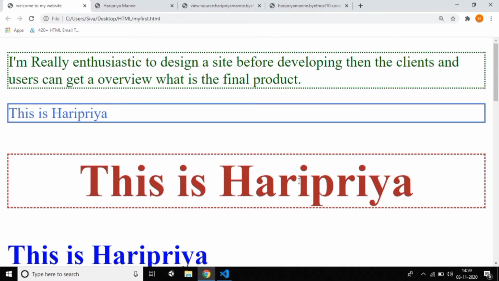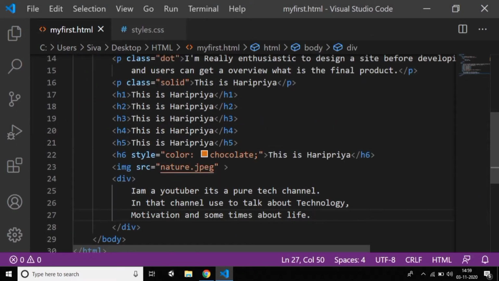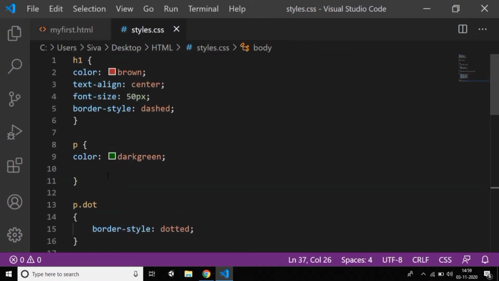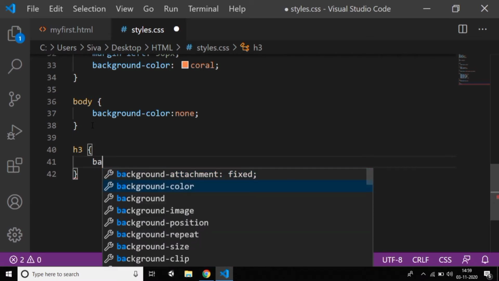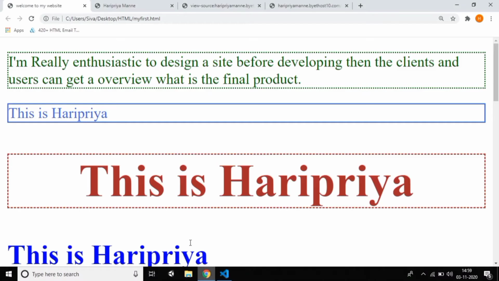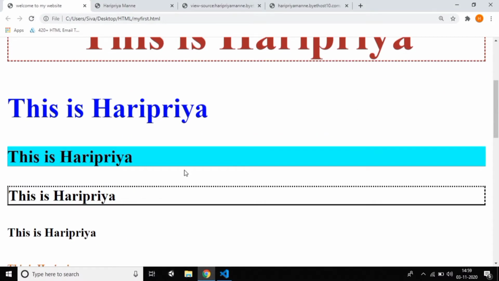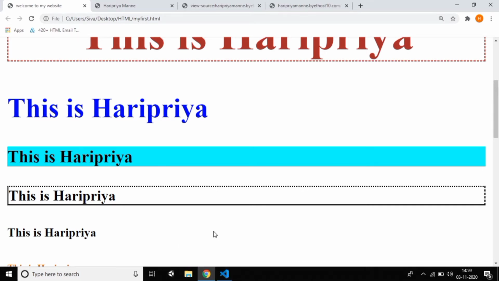If you want a background only for a specific element, like the p tag or anything, we have many tags, right? We use h3, h4, and many more. If you want it particularly for the h3 tag, I haven't written any CSS for h3, so that's why I'm taking h3. For h3 I'm giving the background color, cyan, and just Ctrl S. For h3 you will get cyan, you can observe. Before, nothing was there; now that I've given cyan, this is the background color.